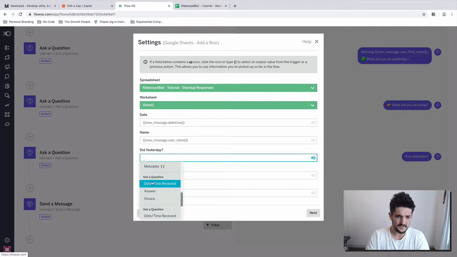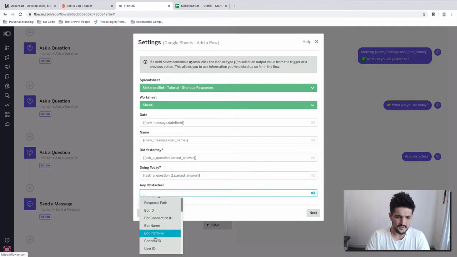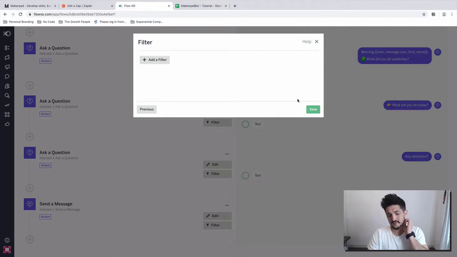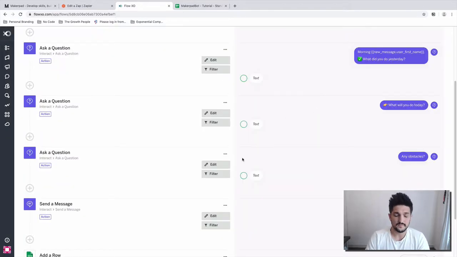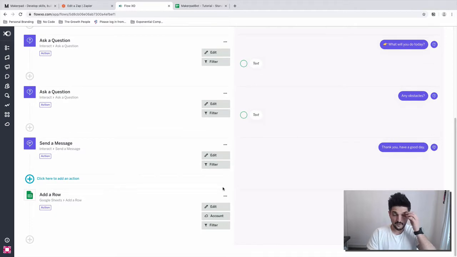Scroll down, the ask question, the answer to the first question, then the answer to the second question, and then the answer to the third question. Okay, press next, ignore the filters again, and then press save. If you did want to go back now and go through and rename these questions, you can. We're going to leave them,